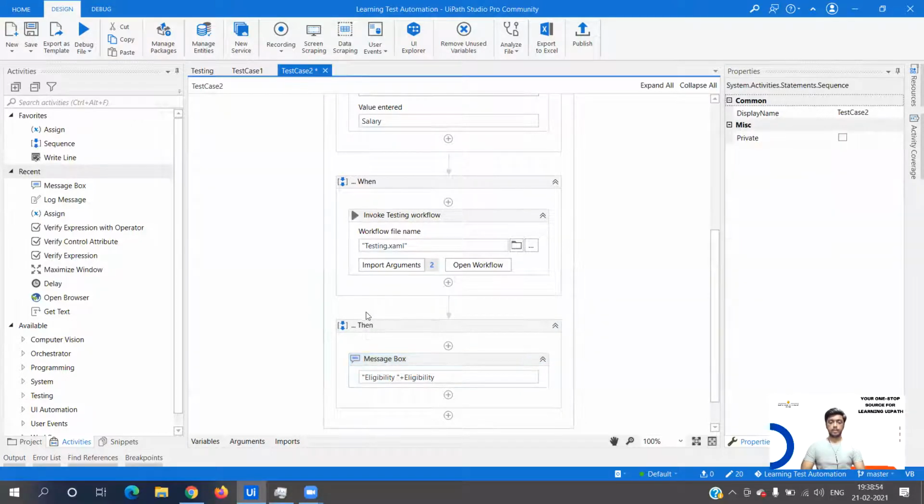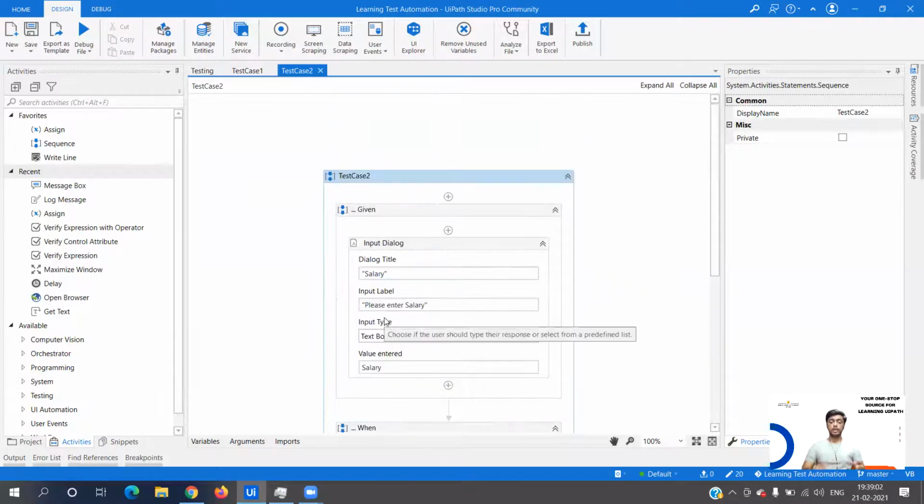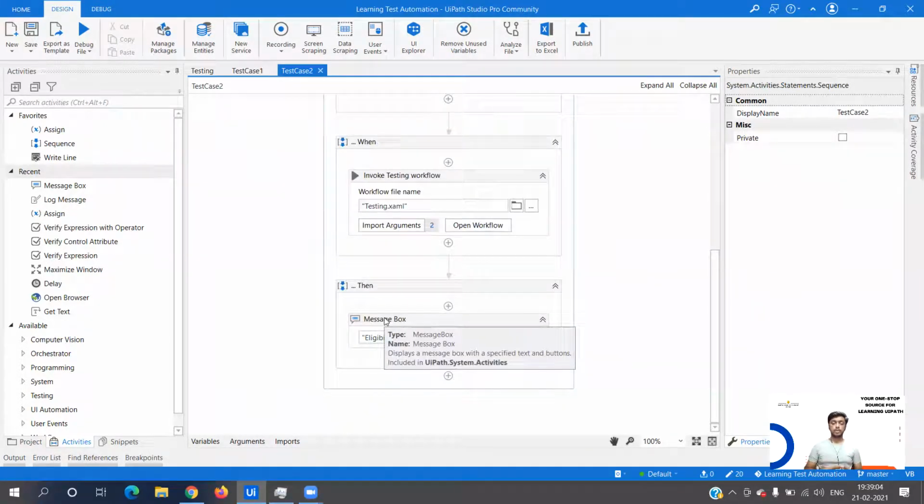So Given is my input. Again, I'm just trying to explain the steps that we have built. Given, When are the particular test steps we are going to use, and then the message box displays the output, which is the outcome.